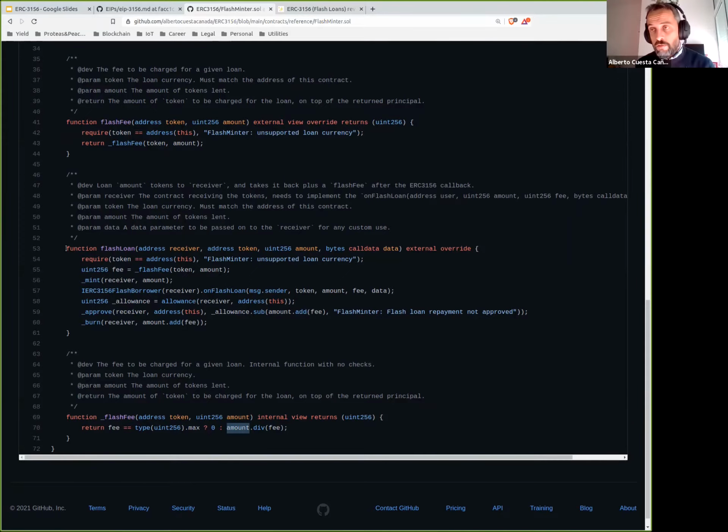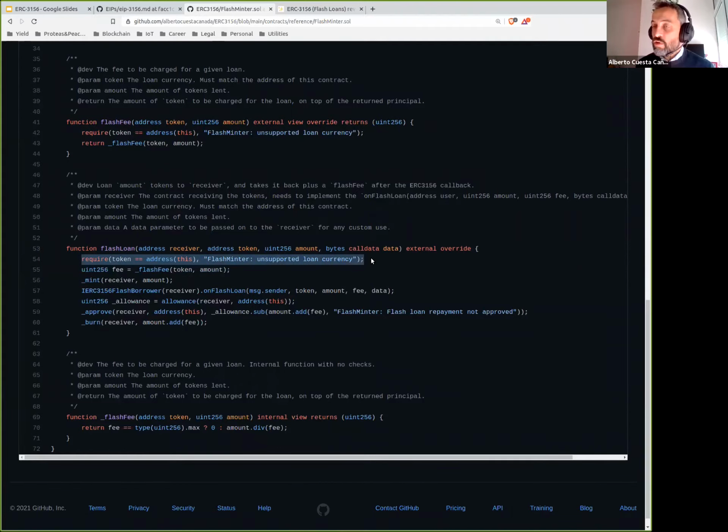And for the actual action of lending myself, you need to implement this function, which is the interface of the standard for the lender, which says, from the point of view of the borrower, I want to flash loan, send the tokens to the receiver. This is the actual token I want to borrow. This is how much I want to borrow. And this is some random data that I just want you to pass to the receiver, okay?